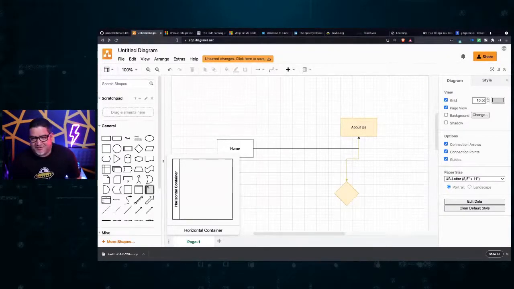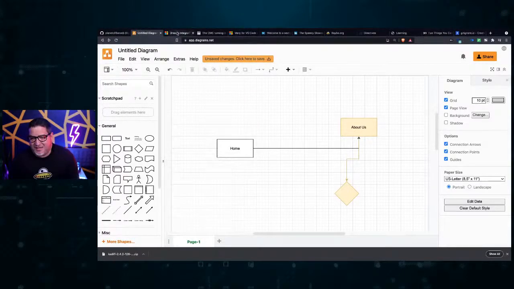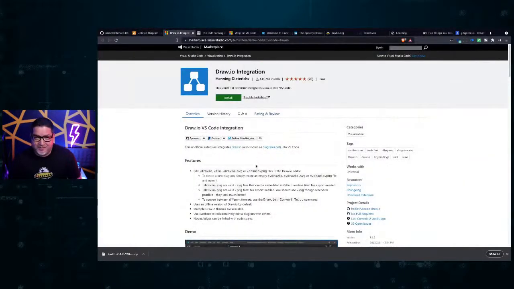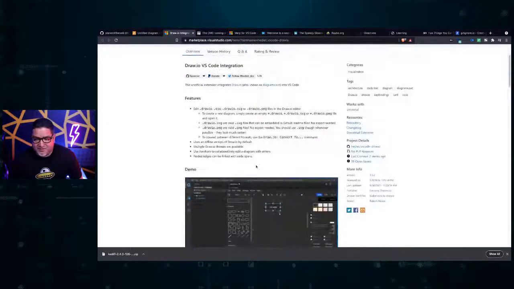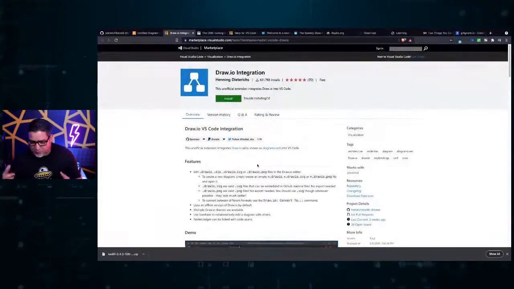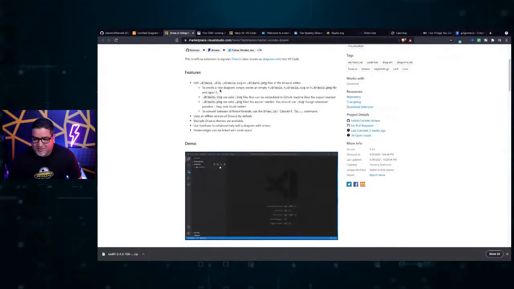And as a matter of fact, as I mentioned, there is a Visual Studio Code extension for it. So you can actually look for this in the Visual Studio Code marketplace and find this so that you can just do things directly from VS Code. I feel like the less I get away from VS Code, the better for me. So you can just install it into Visual Studio Code. And notice that it lets you work with specific sort of proprietary extensions,